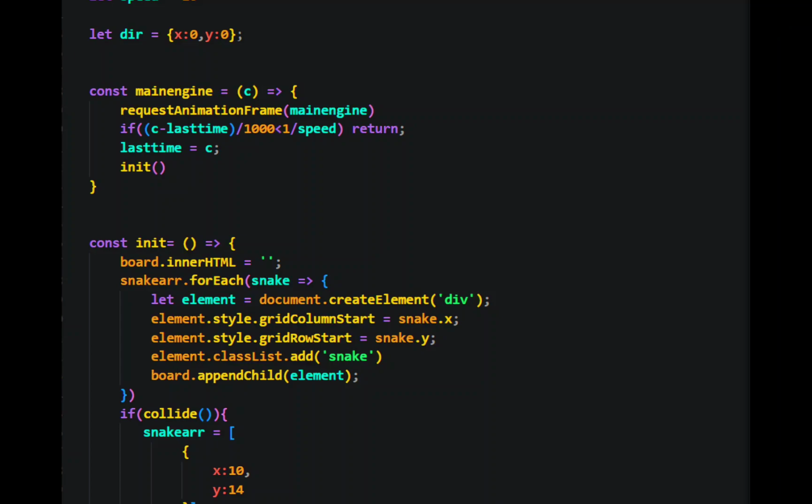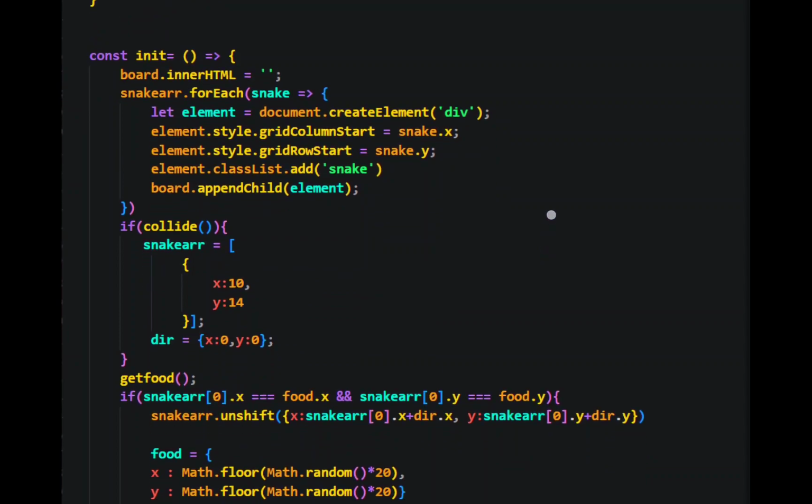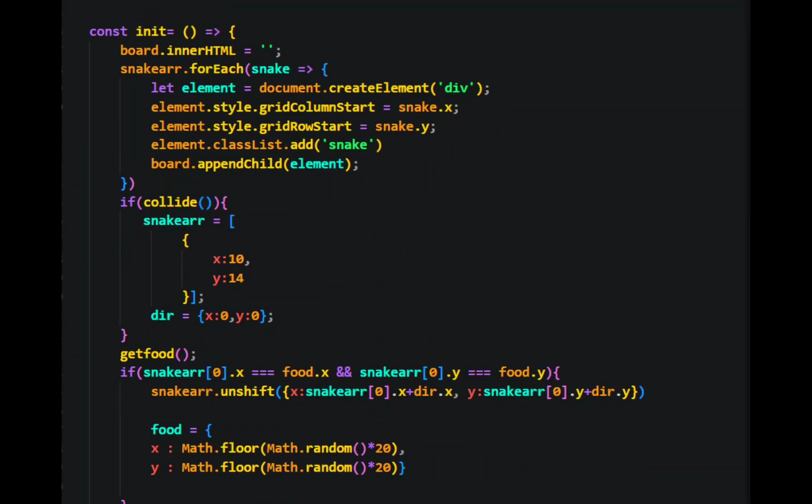Within our main engine, we are calling the init function. The init function is declared as below, and the first thing we are doing inside the init function is clearing up the board. That is, every time the init function loops around, the board will get cleared. Then the snake array, that is basically the snake body, we are looping through using the forEach function that creates the snake body every time